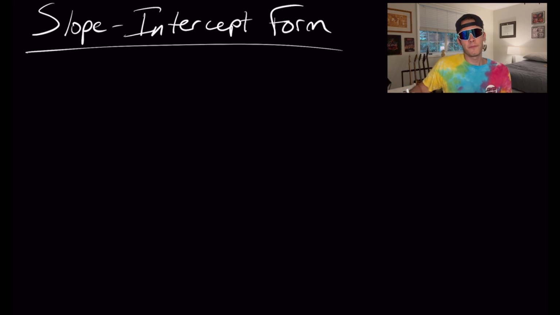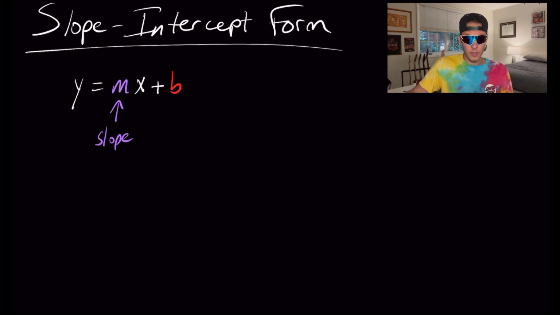Okay, slope-intercept form is going to be the most common way that you see equations of lines written. It makes it really easy to graph, and everybody uses it. So it looks like this: y equals mx plus b. The m represents the slope of the line, and the b represents the y-intercept, which, in other words,